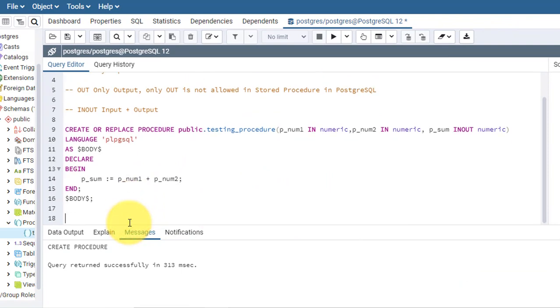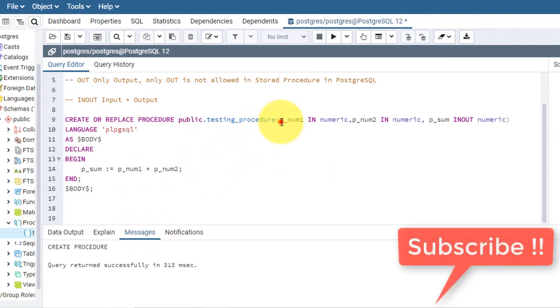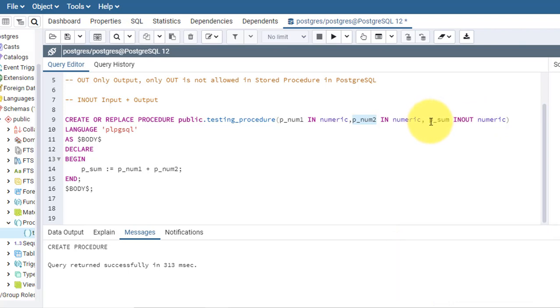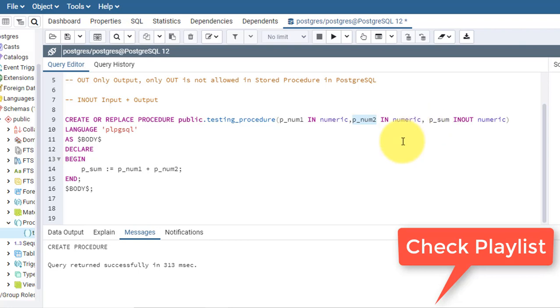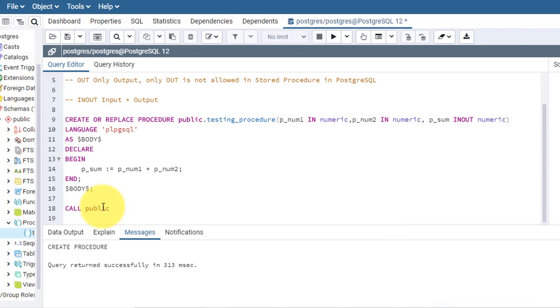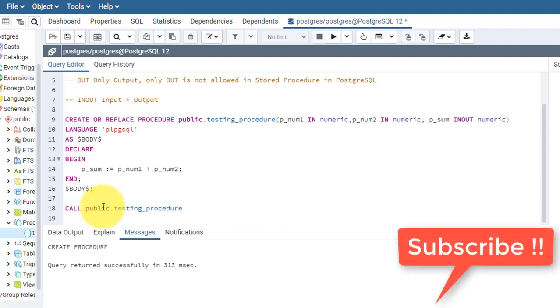So now let's move here, and now I have to call it. Suppose I call with three parameters: p_num1 I give 3, p_num2 I give 5, and for the third parameter I don't need to mention anything, but I'll pass null, and it will return me a value. The calling syntax is like this: call public, which is the schema, dot the procedure name.